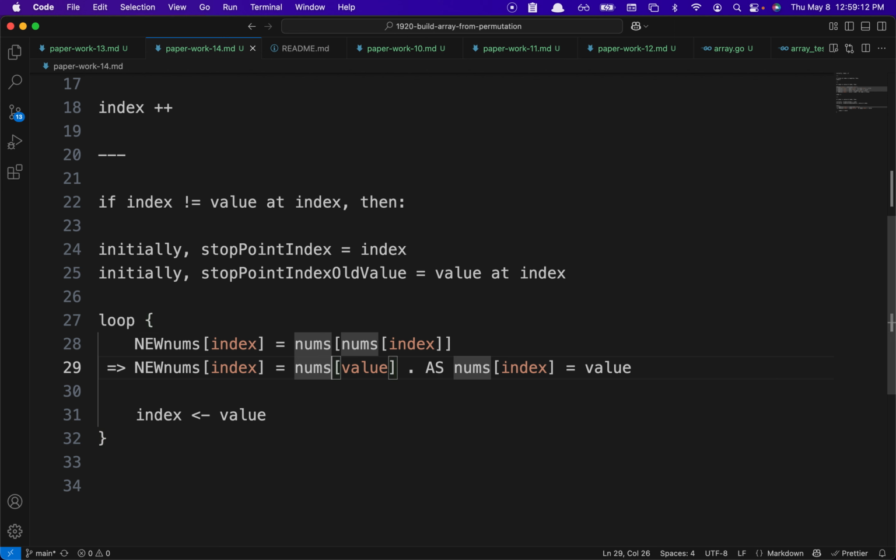We can just say as number and original value, right? Not updated, but original. This should be the original value because in this case, when you update nums of 1, we'll actually be putting